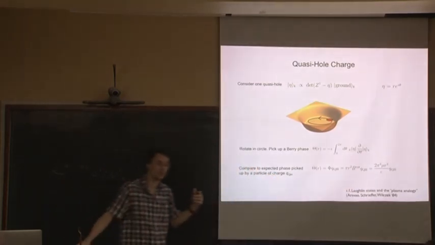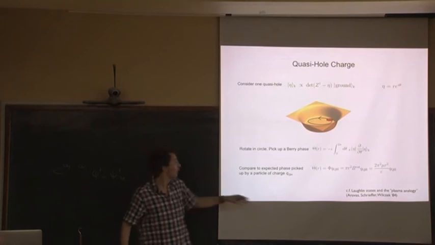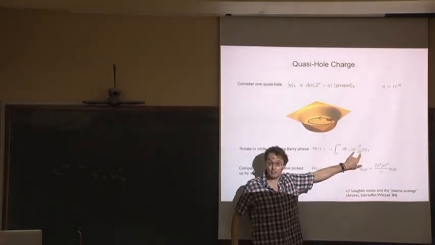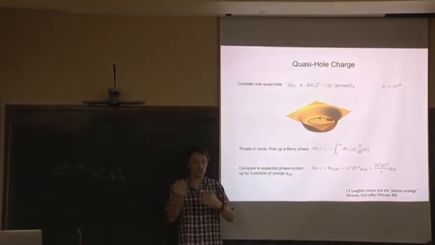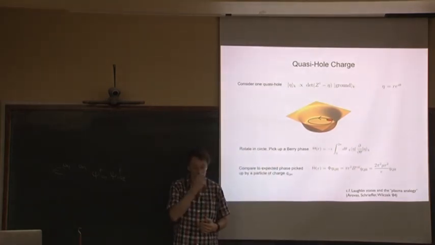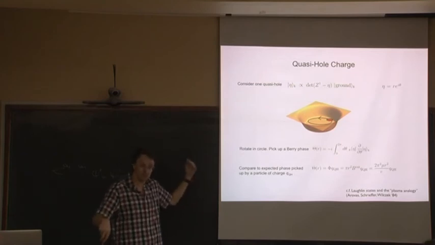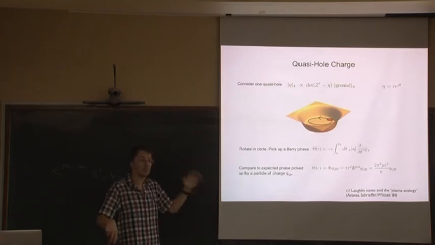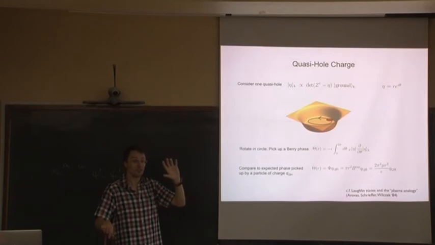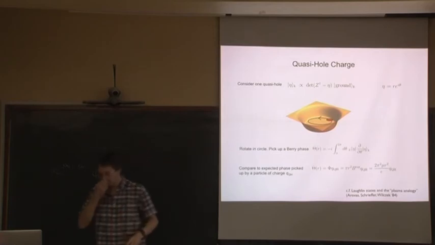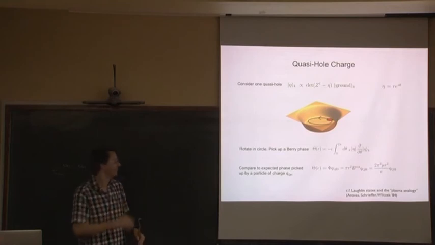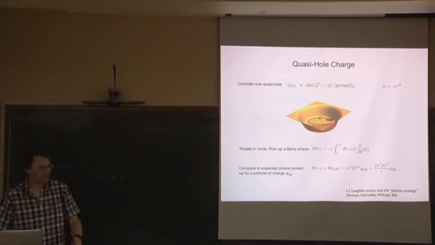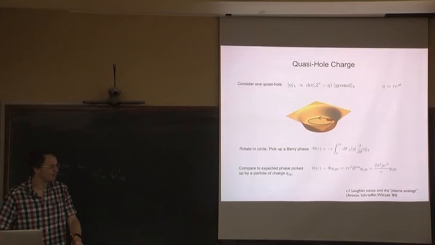Now, in the last lecture, we did this for the Laughlin wave functions, and you can't compute this overlap in that case. So we had to use this beautiful plasma analogy to get around being unable to do it. Here, it turns out that you can actually do the calculation explicitly, because we have a slightly different wave function written in terms of coherent states. I should say, it's not an easy calculation to do, but Carl somehow succeeded. It involved lots of staring at horrible books on symmetric polynomials.